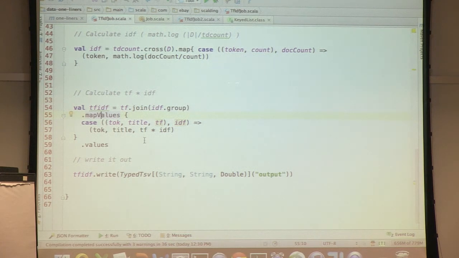So we use map values when we can. All I'm doing here is taking the token, and for every token in title, spitting out the TF IDF score for that token in that document. So the term frequency times IDF. I don't need whatever I grouped on, I'll throw it away. And then I write this guy out, and let's see if it runs.